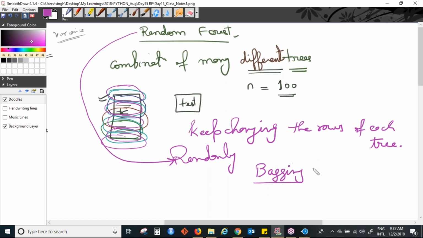This bagging is short for bootstrap aggregating.